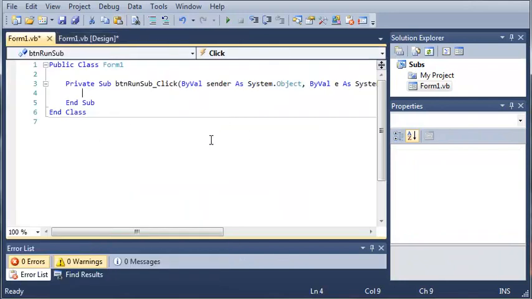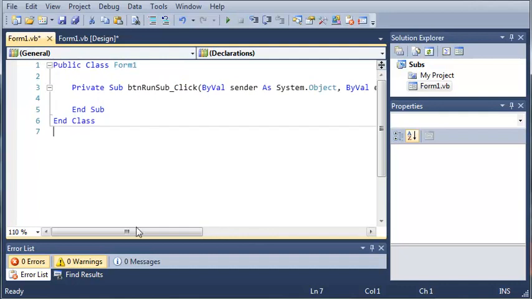Now let's go ahead and double click on run sub, and you can see here that it opens up the event handler for button run sub. Now if you still don't understand event handlers, that's perfectly fine. We're going to be covering them a couple tutorials after this one. So what we're going to do is we're going to come down below button run sub,